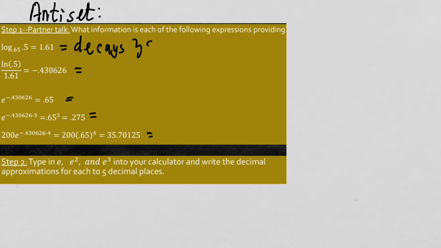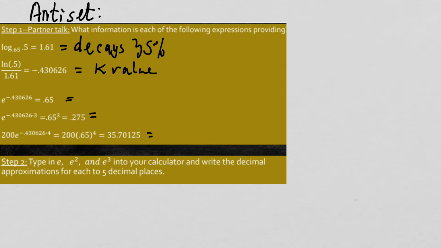annually, which means it will take 1.61 years to drop to that 50%. So it decays 35% annually, so it takes 1.61 years to drop to 50%. Now, I'm doing the natural log of 0.5 over the 1.61 years to get this answer here, which is our K value